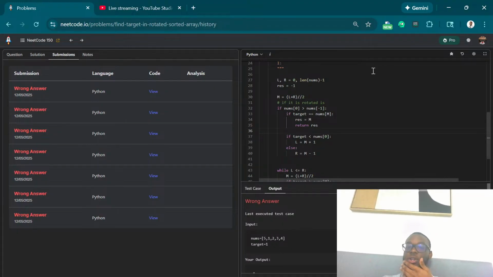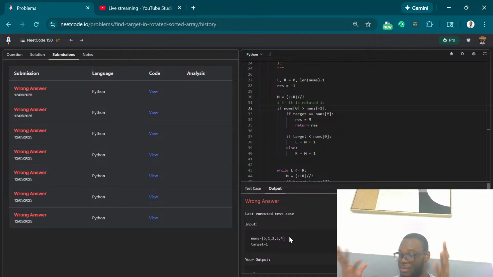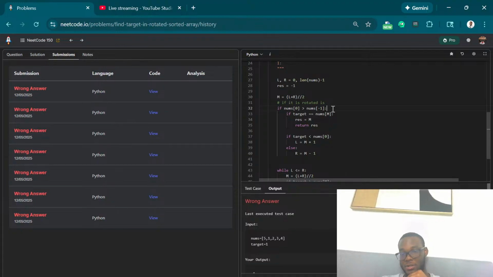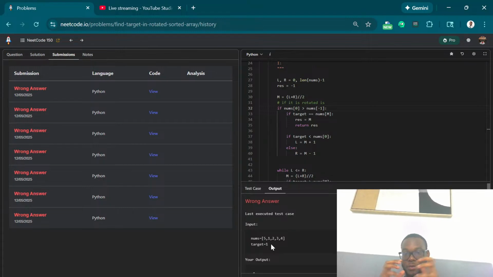Because logically, what I was going with this code block is okay. To check if it's rotated, if at some point the thing at the start is greater than the thing at the last point, that means it's been modified, because the list is intended to be in ascending order. Fine, right? So if this condition is satisfied, then it has been rotated. First we're just gonna check, okay, the thing at the middle, is it the answer? No, it's not. Okay. If it's not, then is the thing we're looking for smaller than the thing at the start? Yes, it is. So that means for sure